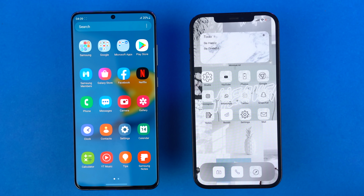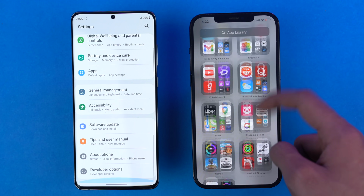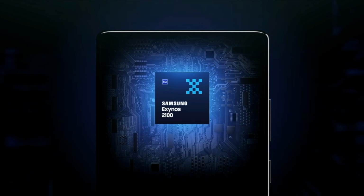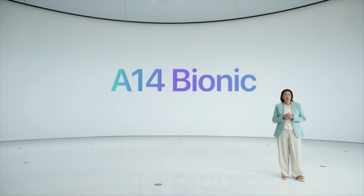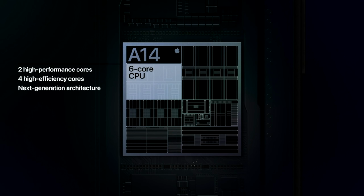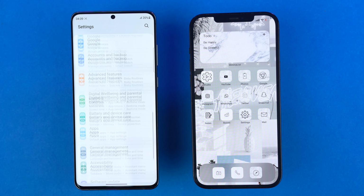Speaking of performance, Samsung is finally bringing its absolute A game with the Exynos 2100 processor. It finally closes the gap with Apple A14. Although it's pretty good, but not as good as Apple A14, Apple still is the reigning, undisputed, undefeated champ of mobile performance. I will be doing a speed test comparison in a couple of days to check out the performance,